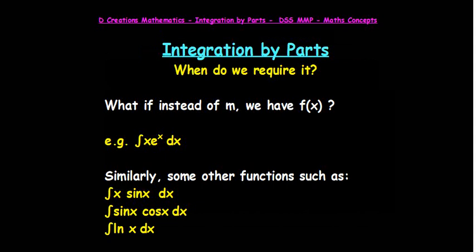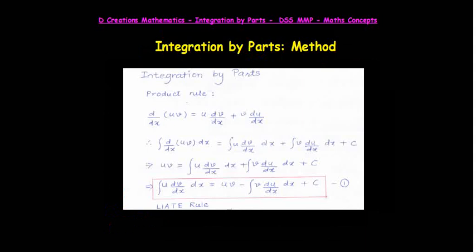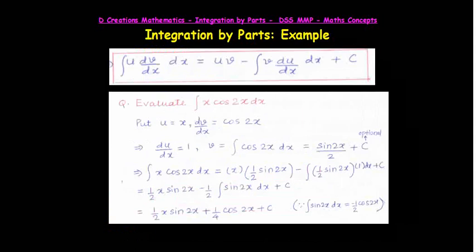We have already solved examples using the rule of integration by parts, whose genesis we had seen is from the product rule. This was the example that we need to solve right now in this episode: integral of x cos 2x dx. For your reference, I have written the format of integration by parts here.